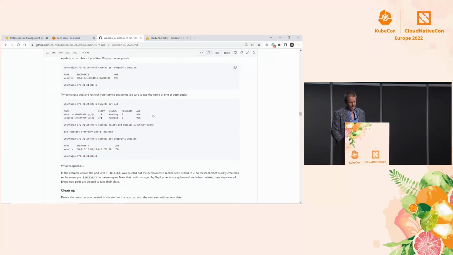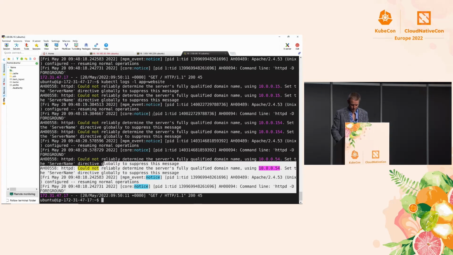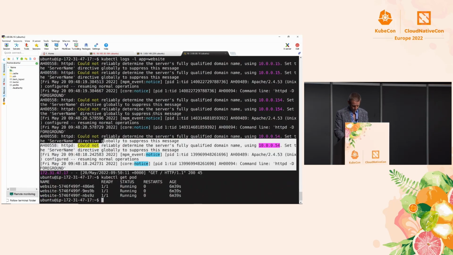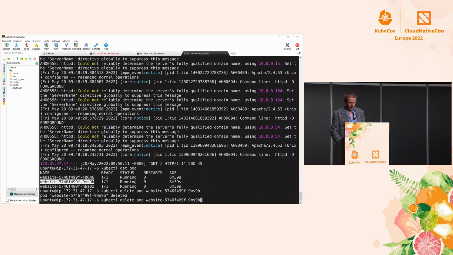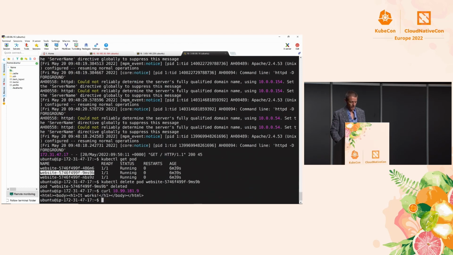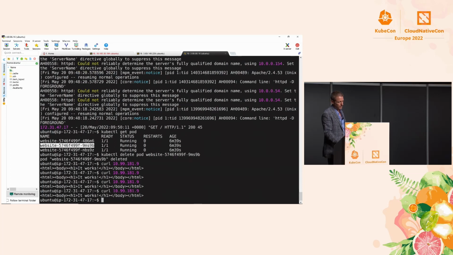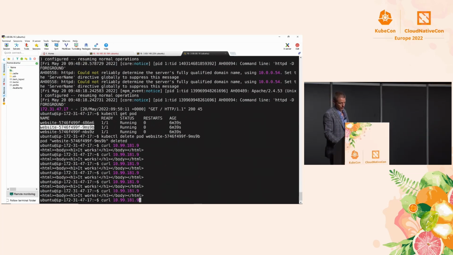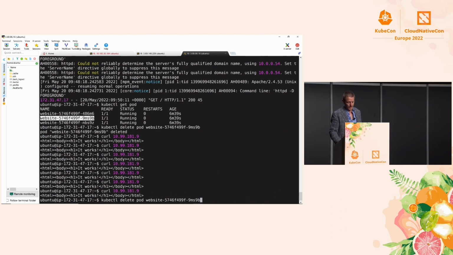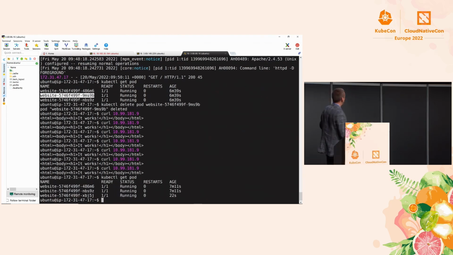But that brings us down to the bottom section where we get to delete some things and see how stuff works. So, for example, I'm just going to pick one of these guys at random and delete it. It keeps working, and you never even see any hesitation. And the reason is that the service proxy has taken the deleted pod out of the mesh. And of course, what also happens is that Kubernetes immediately realizes that there aren't 3 pods anymore. And since the replica set and the deployment were set to have 3, it creates a brand new one.